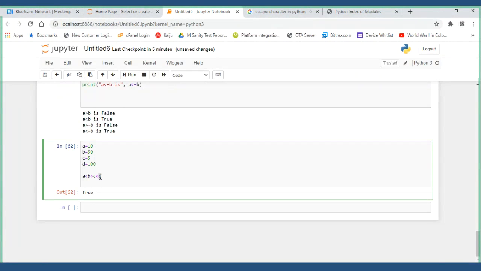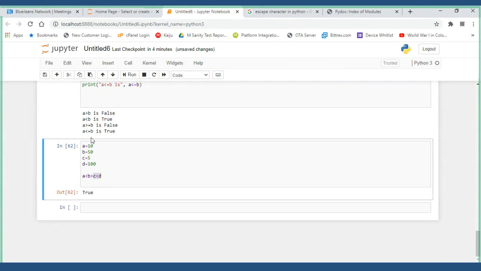Compare these two and see the result, compare these two and see the result, and compare these two and see the result. If any one among them is false, it means the entire statement is false.